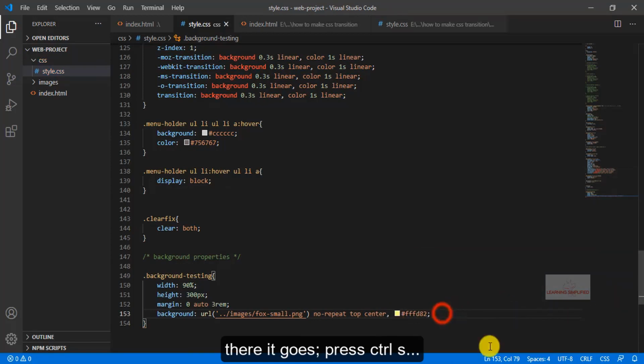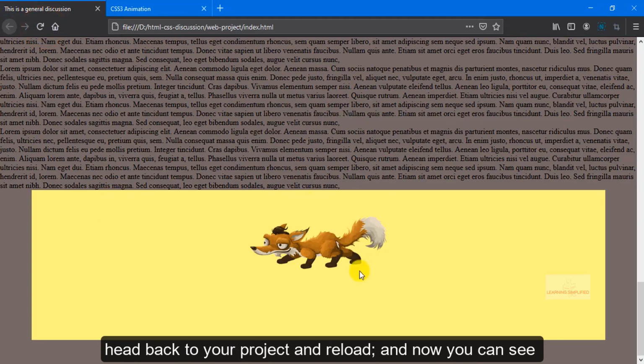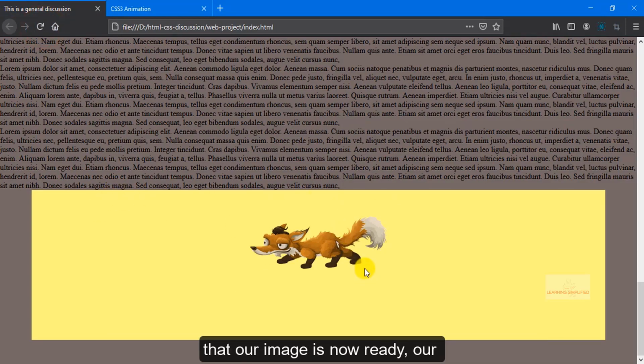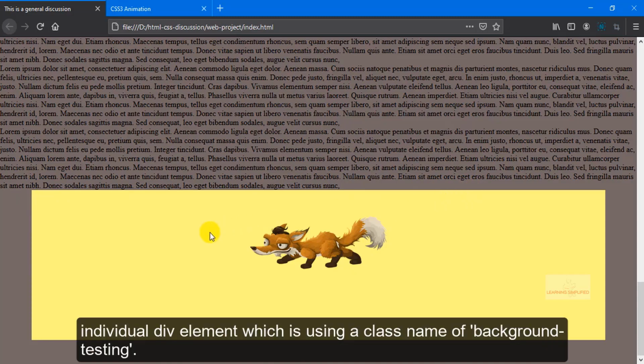There it goes. Press Ctrl S, head back to your project and reload, and now you can see that our image is now ready, our background is now ready, everything is now ready in this individual div element, which is using a class name of background testing.